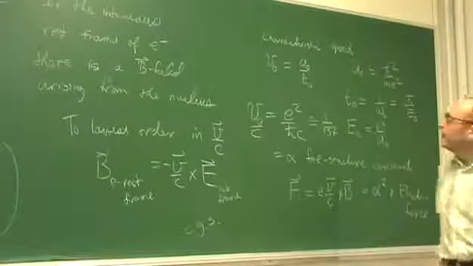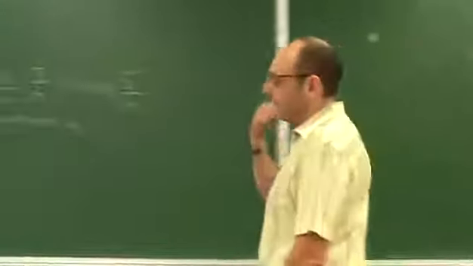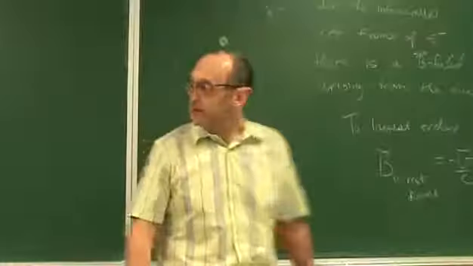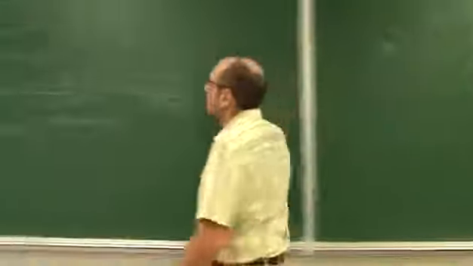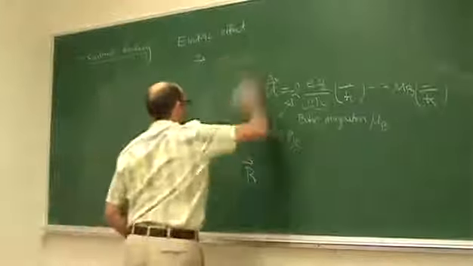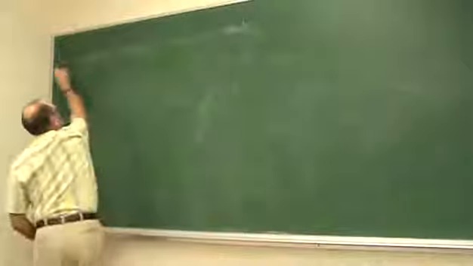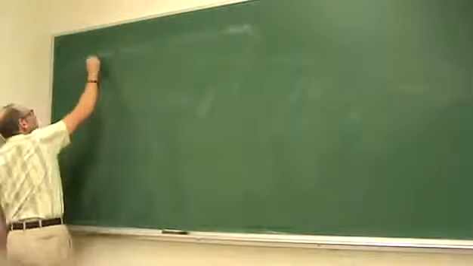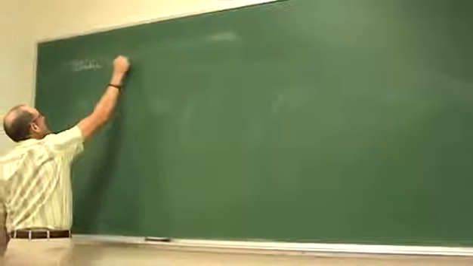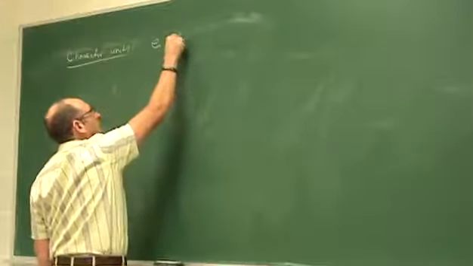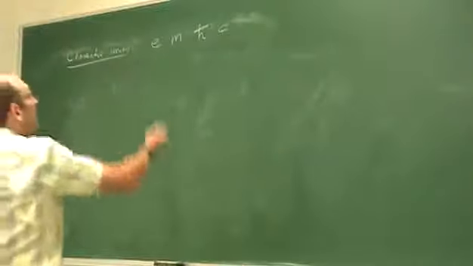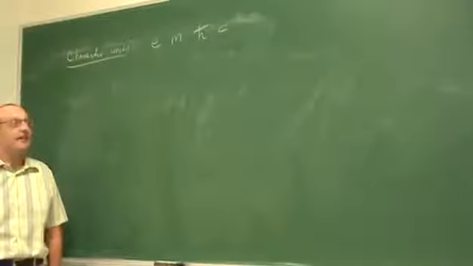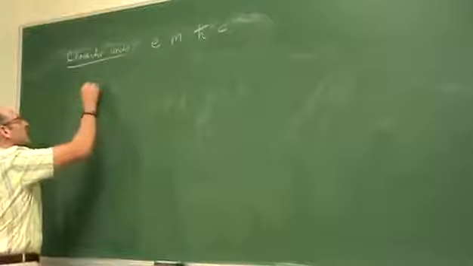Just a little bit more numerology. When we had our first lecture, we discussed the characteristic units. We started with fundamental constants. We had the charge, we had the mass. We were talking about quantum mechanics, so we had h bar. Now we're including relativity, so now we got c. So we can ask ourselves about other scales we can make out of combinations of these different constants. Of course, we have the rest energy,